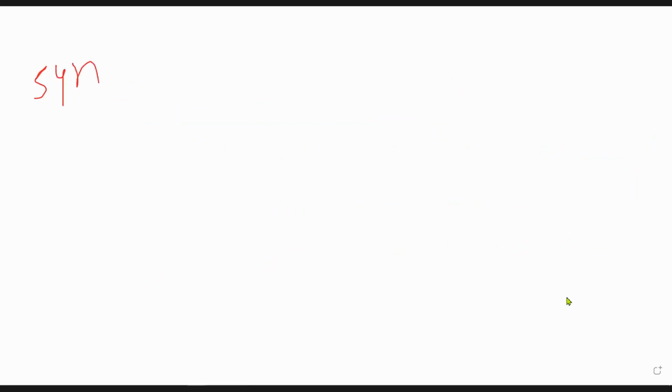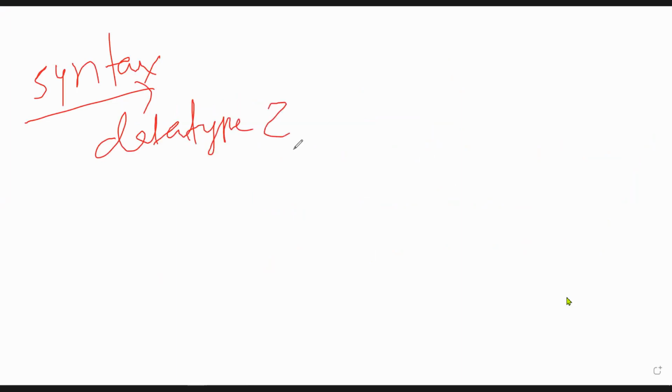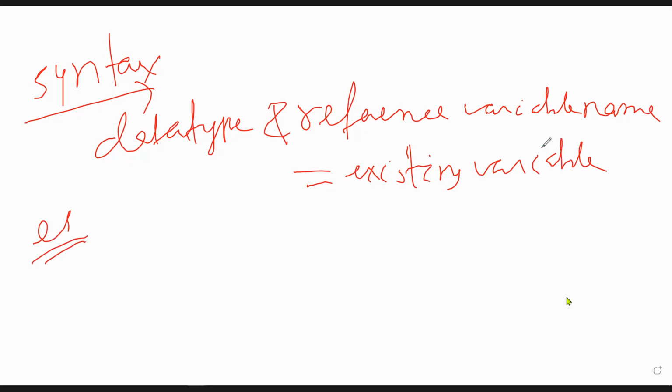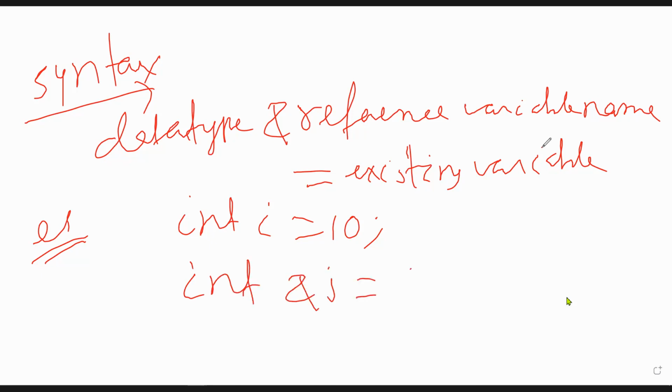Syntax: data type, reference variable name equals existing variable. Example: int i = 10; int &j = i;